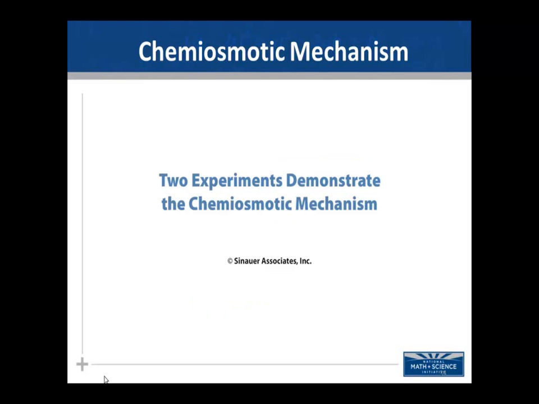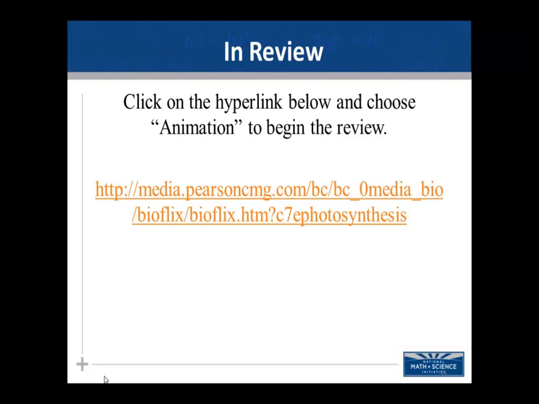And then this final animation, I guess, from this source shows a couple of experiments that were used to demonstrate how chemiosmosis occurs, and I encourage you especially to watch this one at your leisure. This is an online animation, so you'll need access to the internet to access this. And it's an animation of the entire process of photosynthesis. So it might be a little bit premature, because we haven't discussed the Calvin cycle yet, but it's a great animation overview of the entire